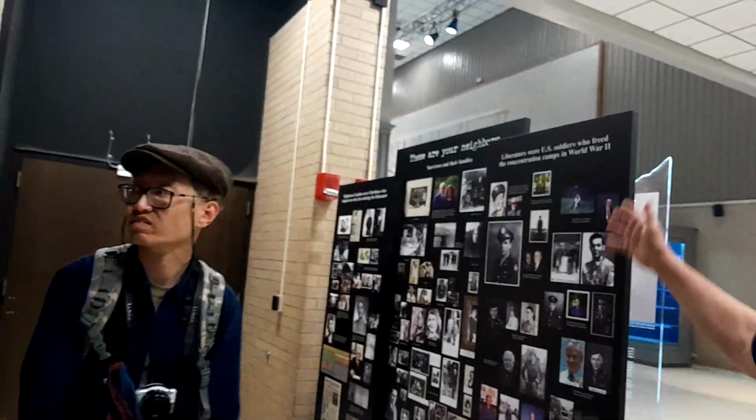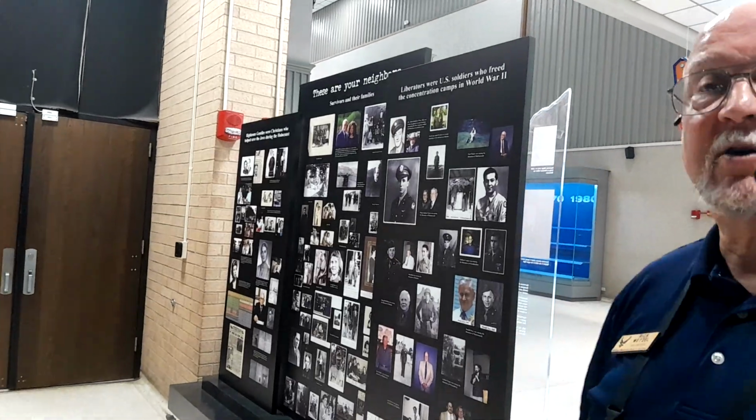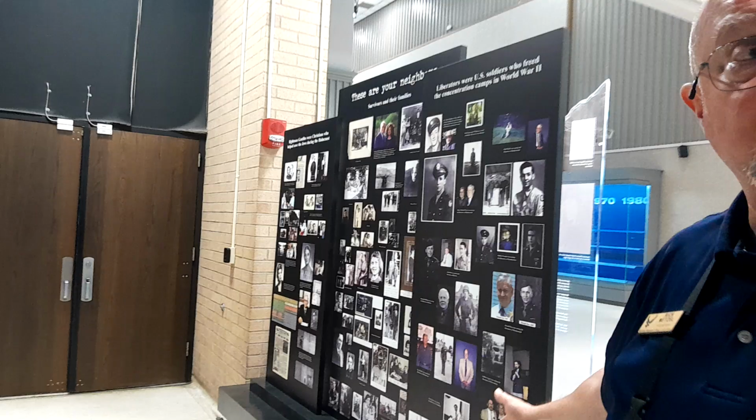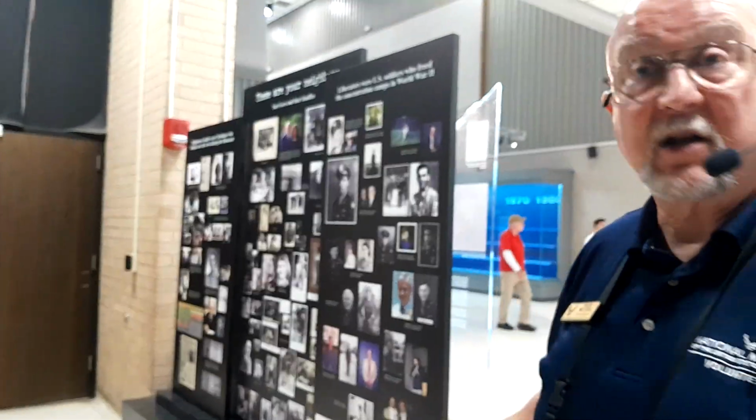This wall here talks about people who ended up in the Dayton area who had some kind of involvement in the Holocaust. So some of them were soldiers, American soldiers who liberated the concentration camps, who either came from Dayton or settled in Dayton afterwards. Some of them were survivors of the